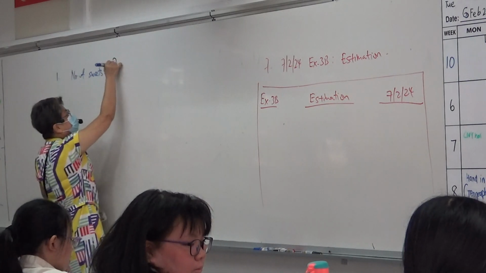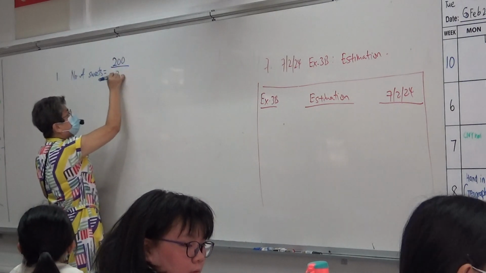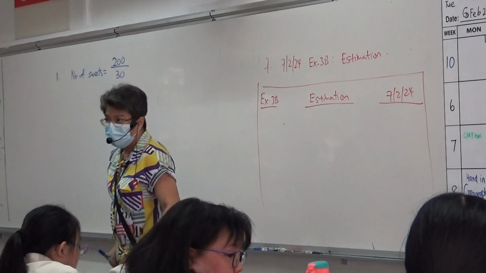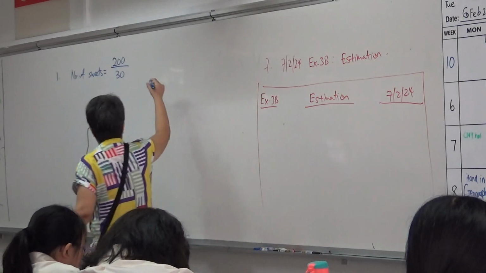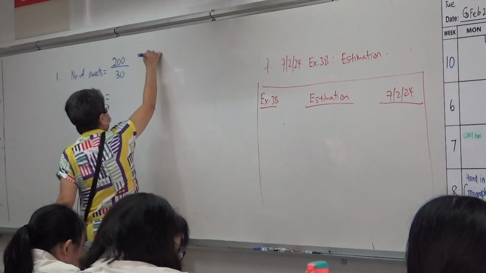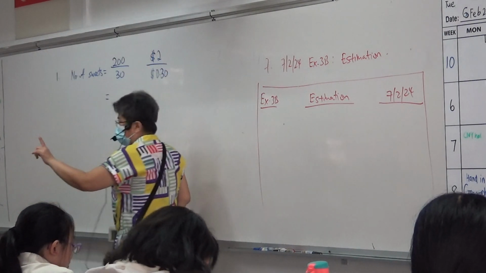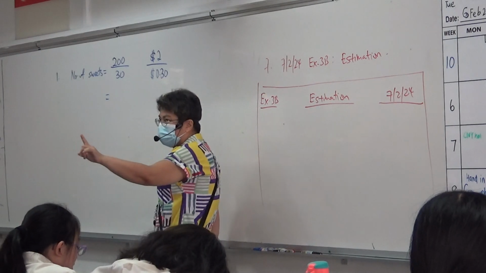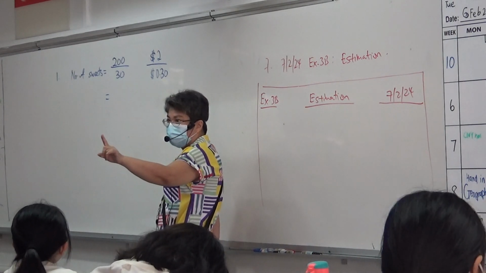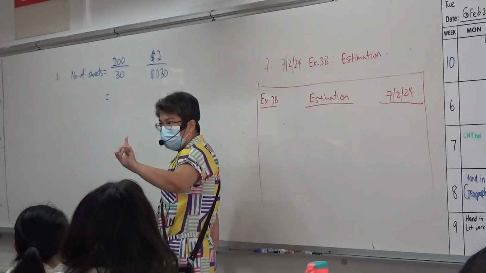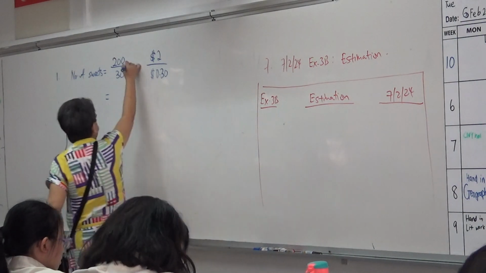You write like that, if you do it in cents. Understand? If you do it in dollars, this is how you write. Everybody clear? Clear now? No problem? Then you ask me, can I write